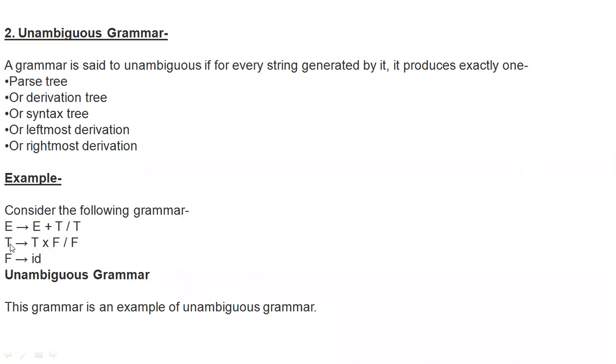That's why I'm giving a rule like T or F. T tends to F. It means in the place of this T, I replace the new variable F. So I am writing the rule like T or F. Is it clear, all of you? And now F is a new variable. Now to make it a live variable, we need to define the rule for this F.